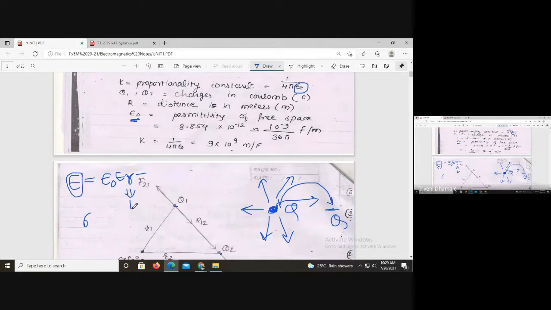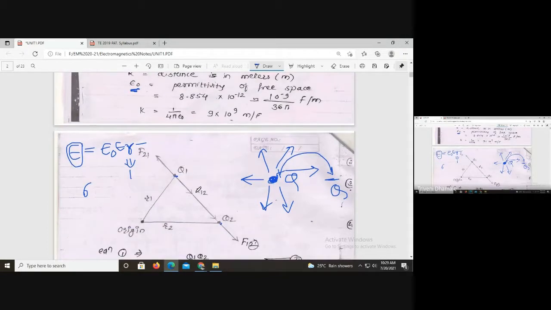But if some medium is given, sometimes the value of epsilon r for that medium is also given. So you can use that epsilon r value for that specific medium. Okay, epsilon 0 standard value 8.854 into 10 raised to minus 12. And this is the complete epsilon, that is the permittivity. Okay. Now here k is equal to 1 upon 4 pi epsilon. That means epsilon r value is 1, so epsilon is equal to epsilon 0. Okay. Now the Coulomb's law.